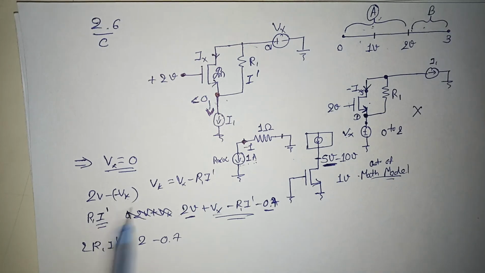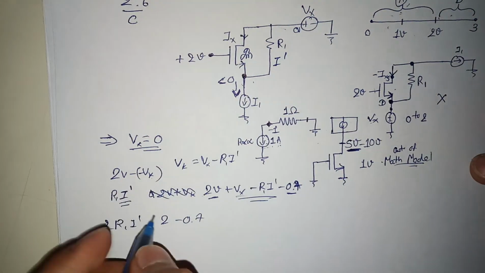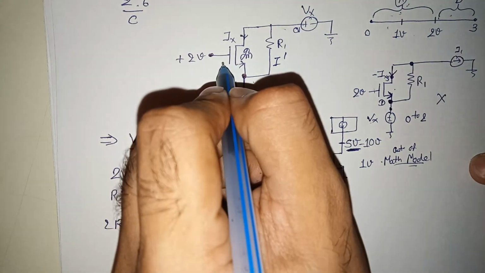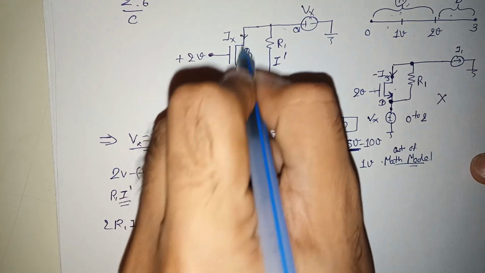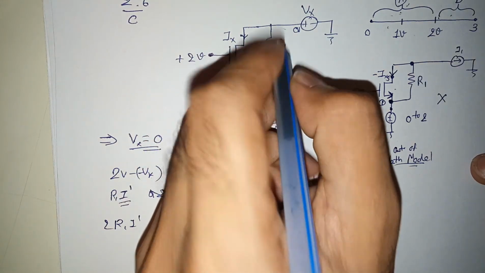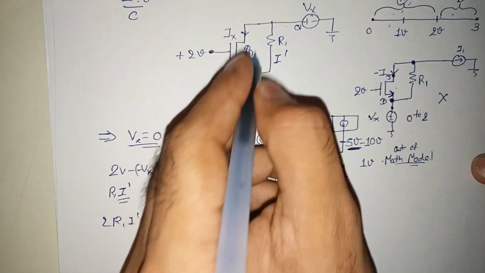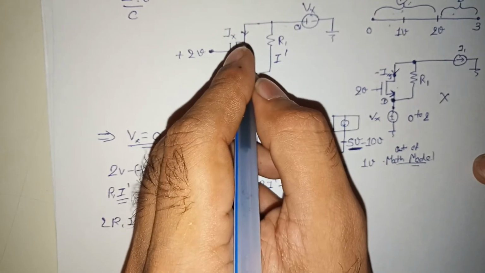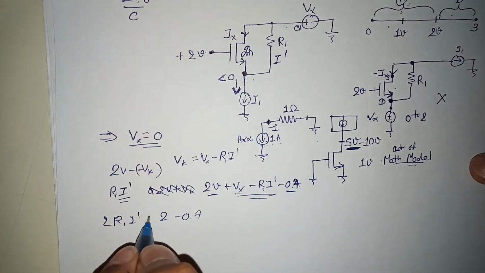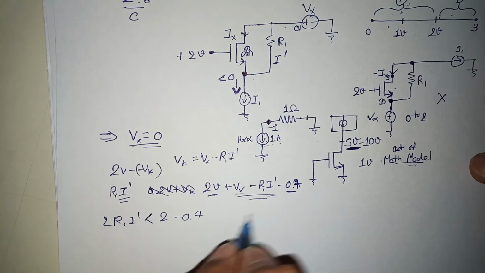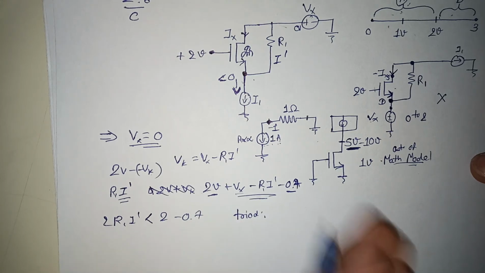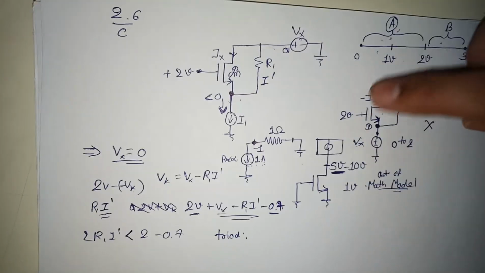Why I am telling that this will be lower: to understand it very clearly, if this VGS is too high, all current will flow here, and the current flowing here will be too low, because this MOSFET, with VGS too high, cannot support more current, so this current will be lower. So in that case, this voltage will be lower than this, so your device is in triode region. So this is the way to understand this circuitry.